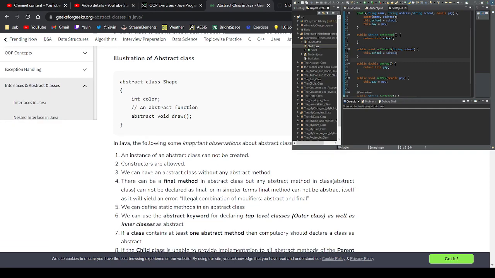In Java, the following some important observations about abstract classes are as follows. So clearly, there's some grammatical mistakes here. But I'm not the best one to say that because I make a lot of mistakes myself. But anyways,